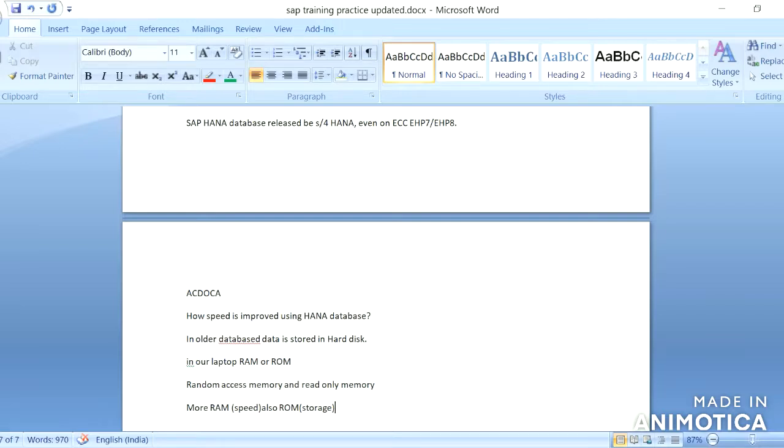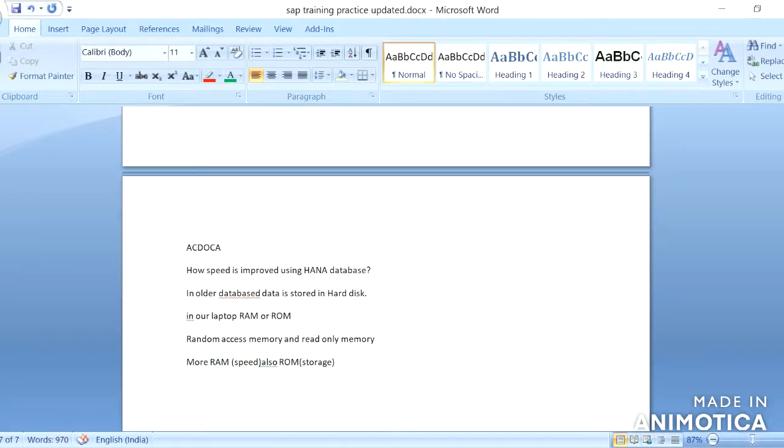The same thing happens in SAP for the data which is getting stored. In earlier databases, the data was stored in hard disk, but coming to SAP S/4HANA, like a HANA database, they are trying to store the data directly in RAM.